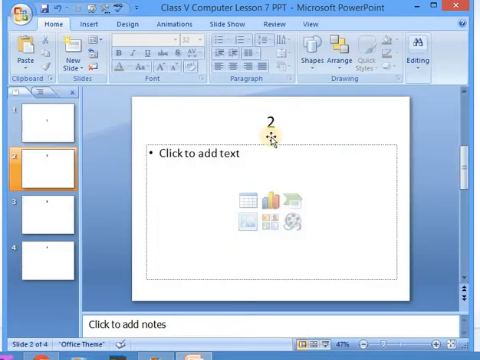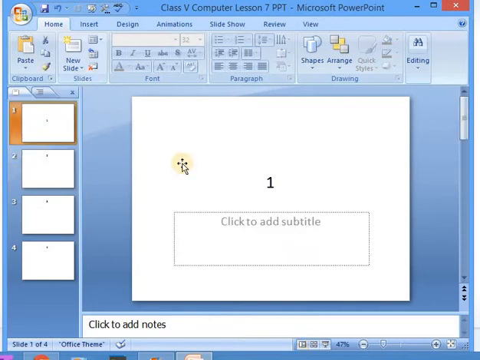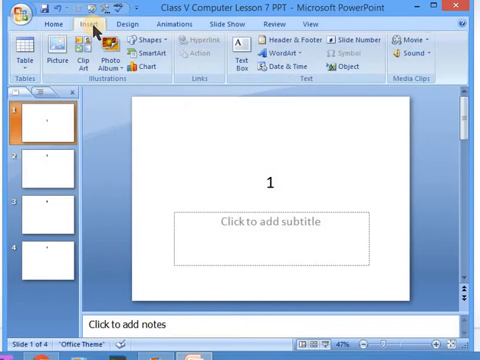Okay, today I'll just tell you how to insert a picture. For to insert, I've just said the word insert. It means that you need to go to the insert menu. Go to the insert menu, right? The moment you click on the insert menu, you will get these many options.